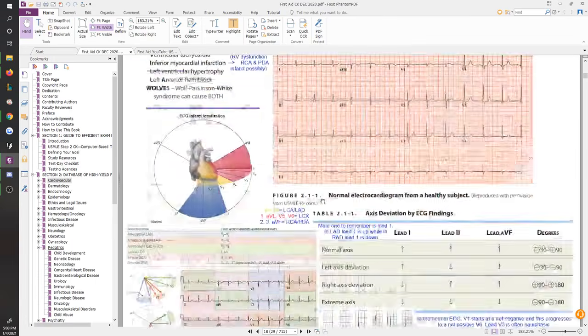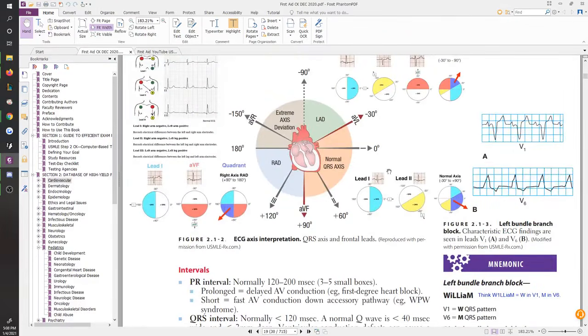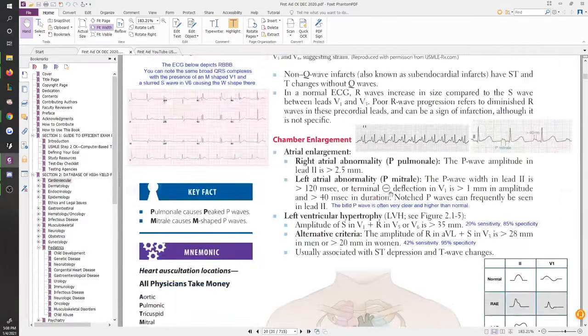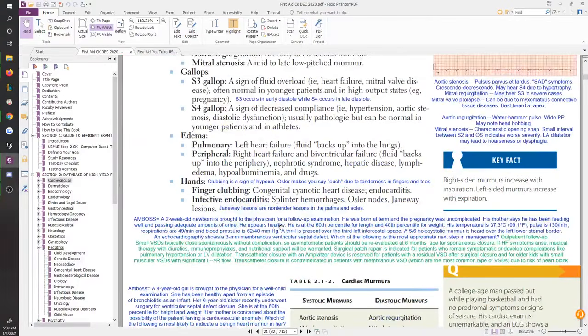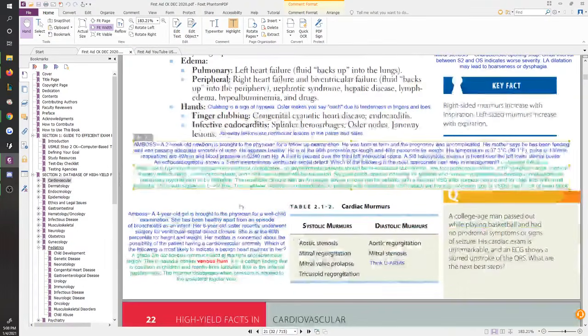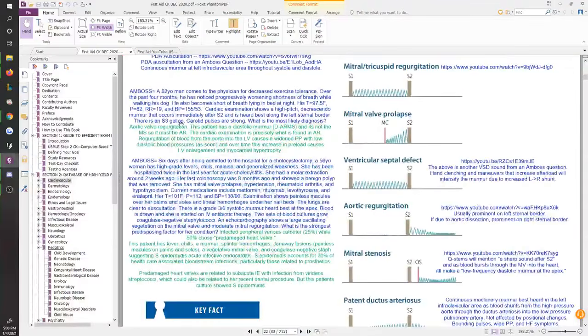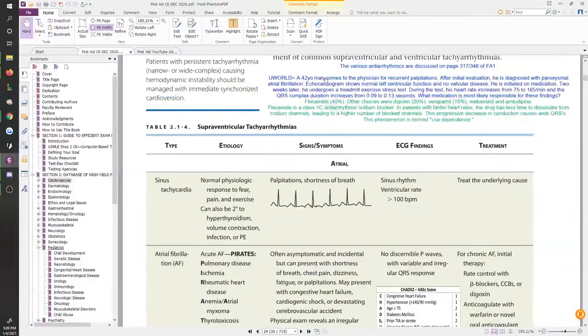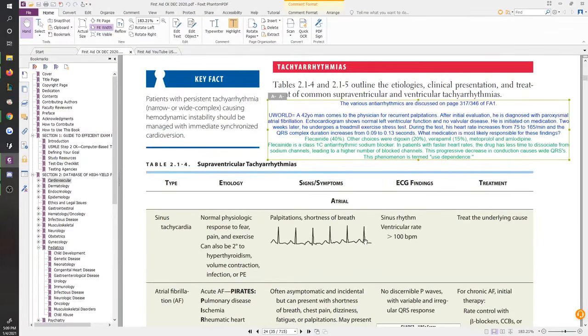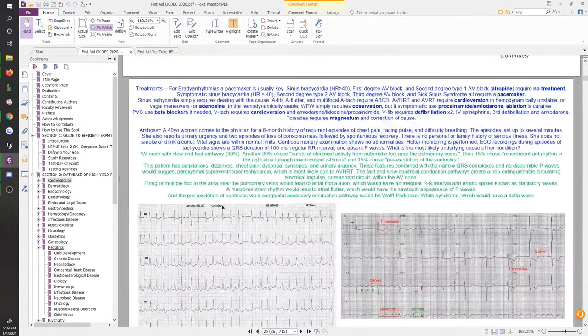Throughout my annotated First Aid CK, what you're going to see, besides the extra images that are there to help you tie things in, are the occasional, not actually random, perfectly placed UWorld questions, right? Here specifically we're seeing AMBOSS questions. Oftentimes I label the AMBOSS ones as AMBOSS. If it's not labeled, then it's a UWorld question. So here there's a UWorld question right there.